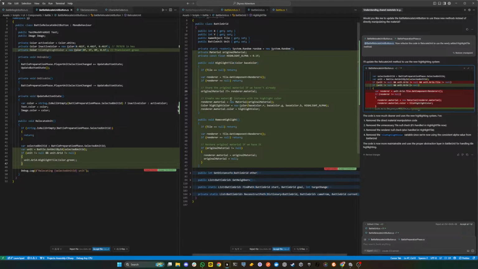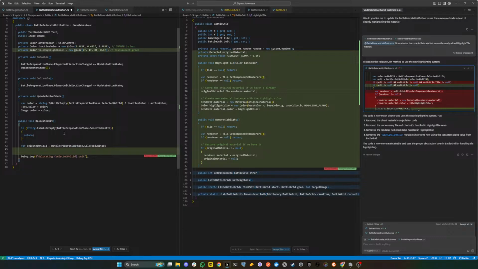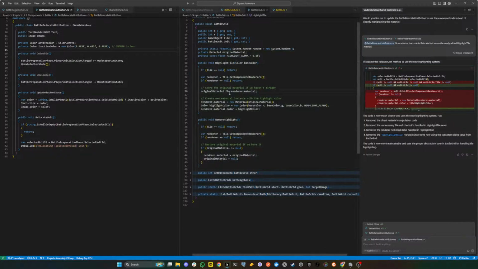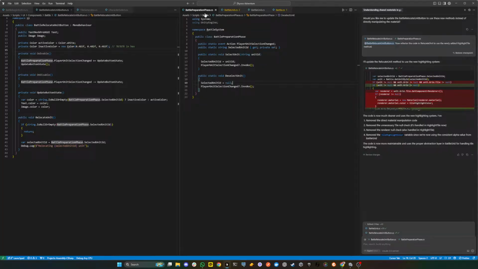So we know this works, so we don't need to worry about this now. Okay, we accept everything. And then in the battle preparation phase,